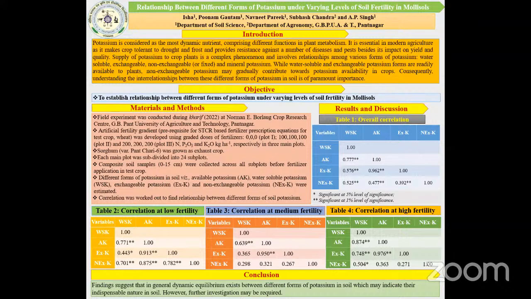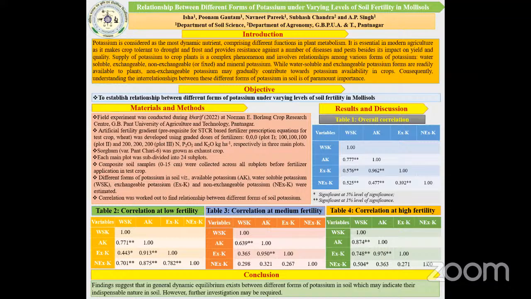Coming to the materials and methods section, this was a field experiment conducted during Kharif of 2022 at Norman E. Borlaug Crop Research Center at GBPUAT, Pantnagar. This was actually part of a larger study, and the main study was to develop fertilizer prescription equations using the soil test crop response approach for the test crop wheat